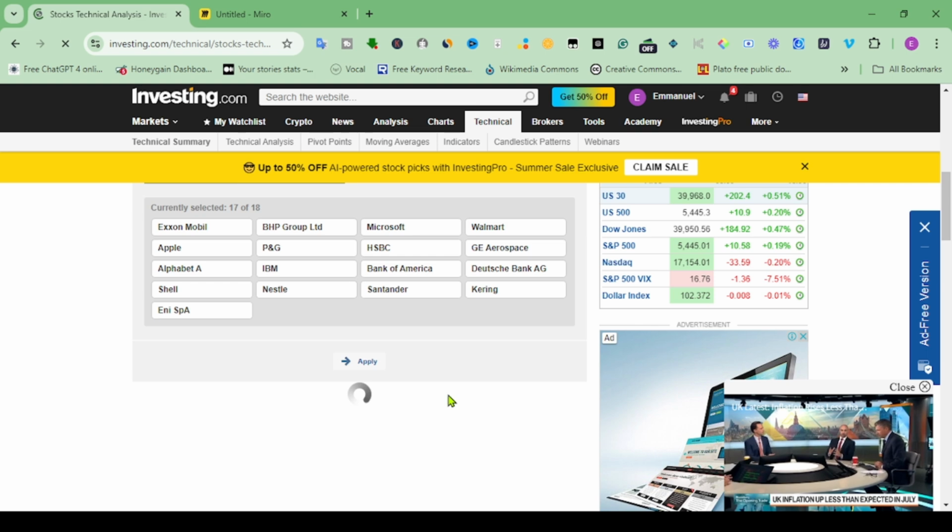Now the next one is our calendar. Remember I told you about news, trading news. You need to know when this news happens, when it is about to happen, when it is going to take place. One of the ways to use it is to go to tools and look for economic calendar. As you click on economic calendar,